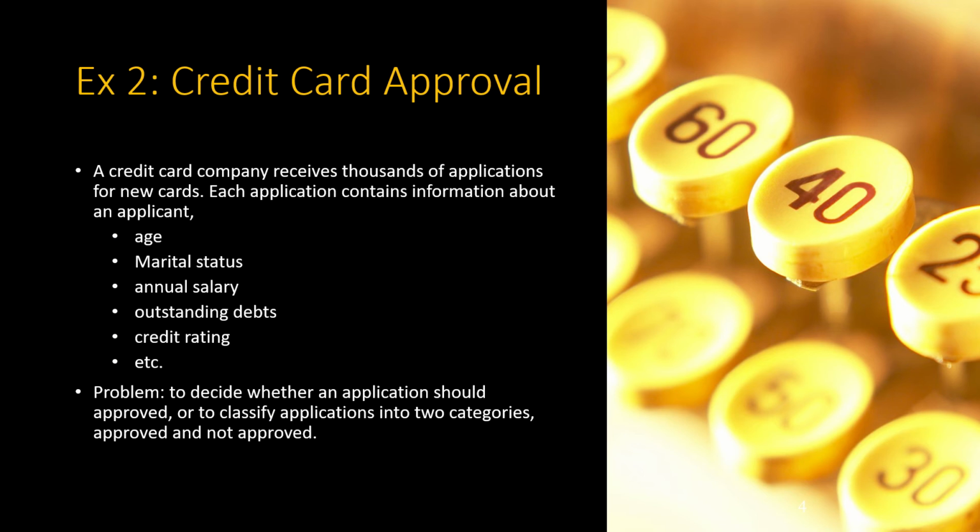So you will collate all such information, and now with the data that is available, the problem statement is very simple. With the data that is available, we should decide whether an application should be approved or not. So you have to classify all the applications that you have received as approved or not approved. The moment I say classification, it becomes a supervised machine learning, isn't it? Because we realize that supervised machine learning has two types, classification and regression. So this is a typical classification problem. So how do you solve it?